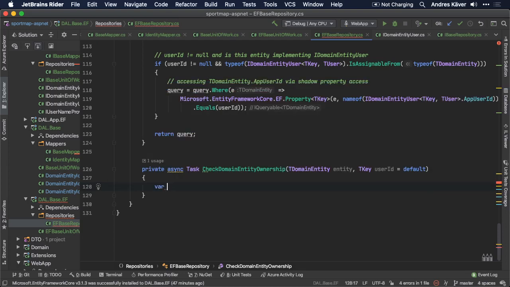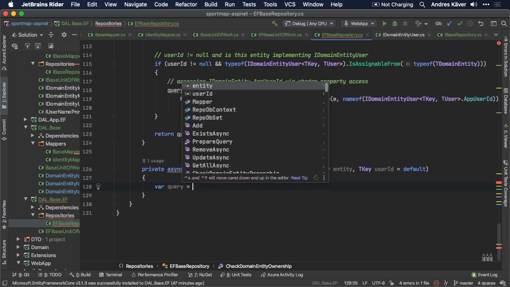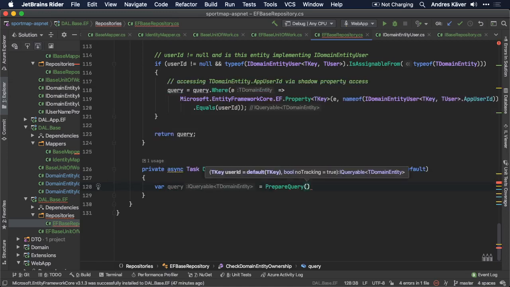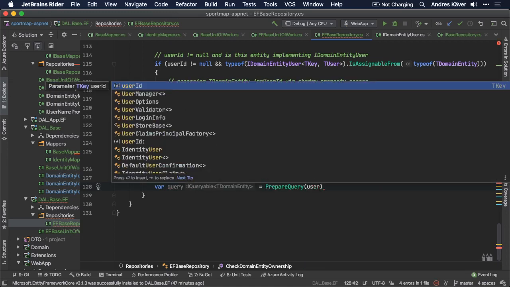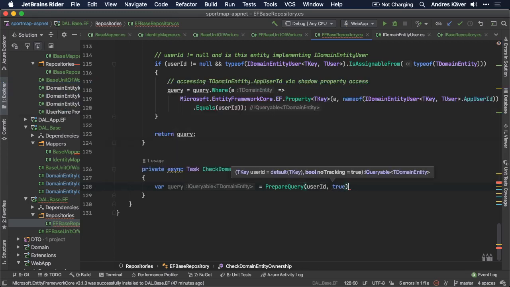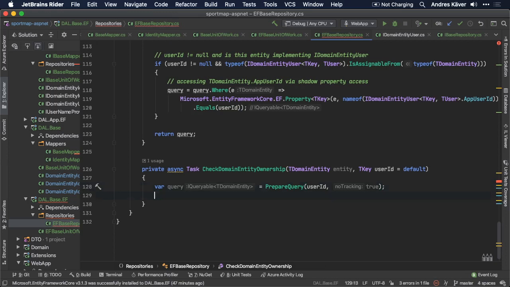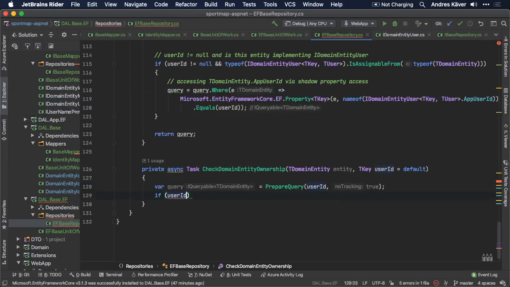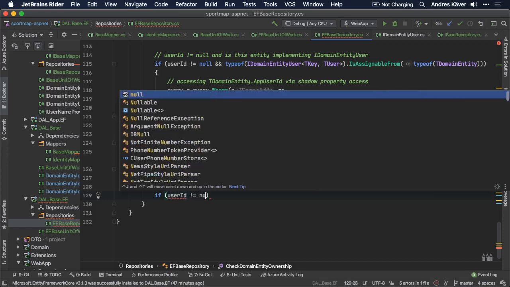So let's take the query. So this is the same prepare query. So user ID and whatever it is, true. So we don't want to track anything. So now if user ID does not equal null,